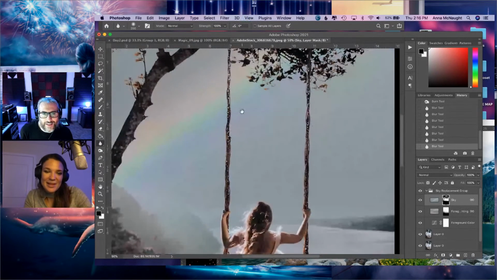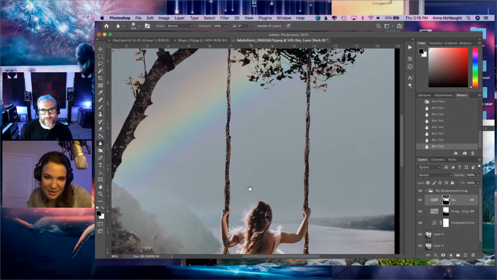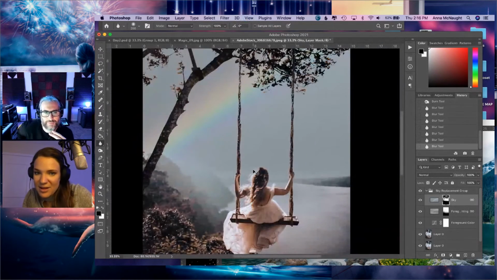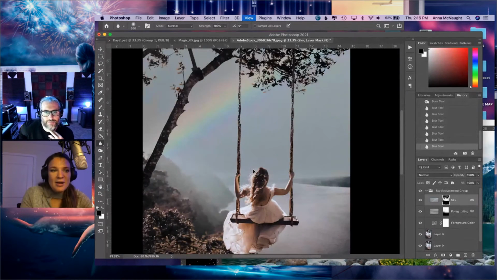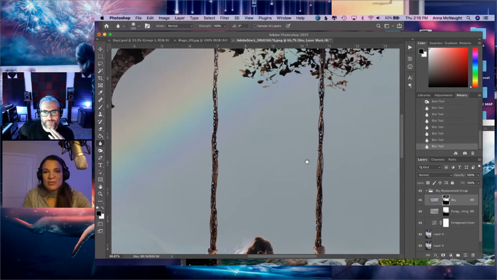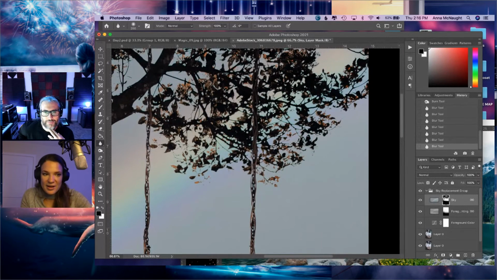So I'm just kind of playing with the mask here a little, and I was seeing how I could clean it up. One of the little things that I do sometimes is I will get my blur tool and blur the edges of a mask if it has this weird look to it. Sometimes it works, sometimes it doesn't. The biggest problem here is that these leaves are all kind of choppy, and that ends up being tough.